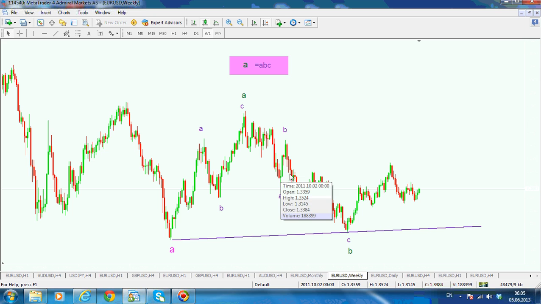And moreover, each wave of this degree is being formed out of different 5 or 3 waves of